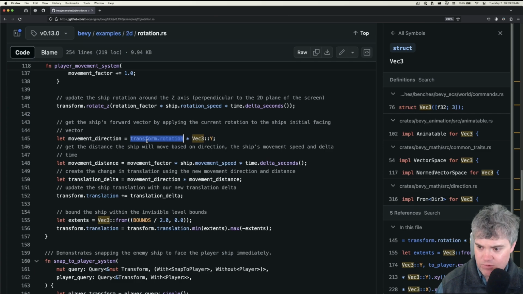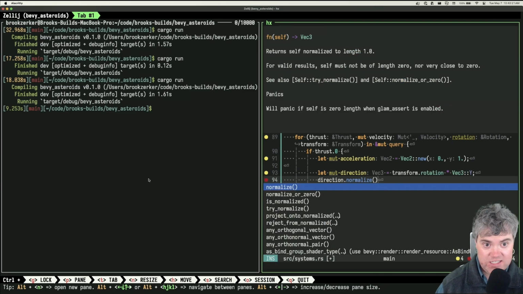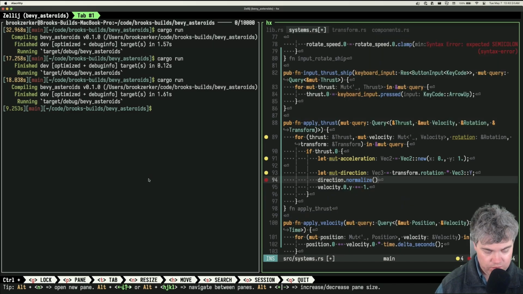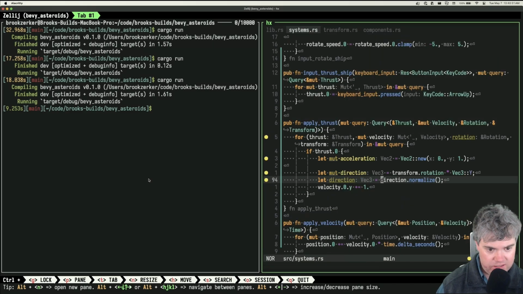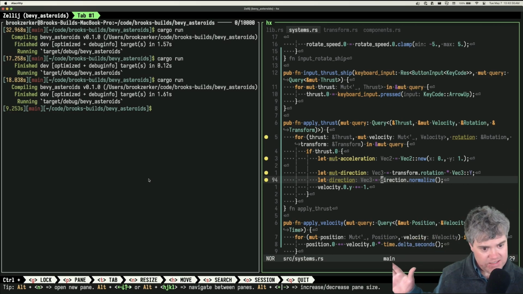I'm betting we normalize the direction. They don't normalize that. Interesting. Can I do that? Return self normalized. Okay, so we've normalized it, which means that now the direction it's facing won't affect the movement too much. It will just change its direction.